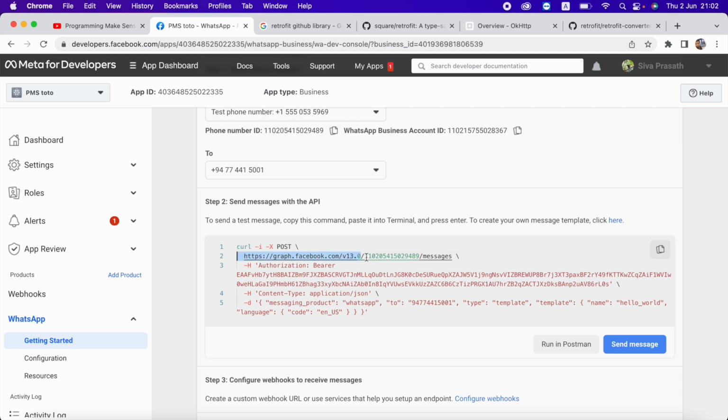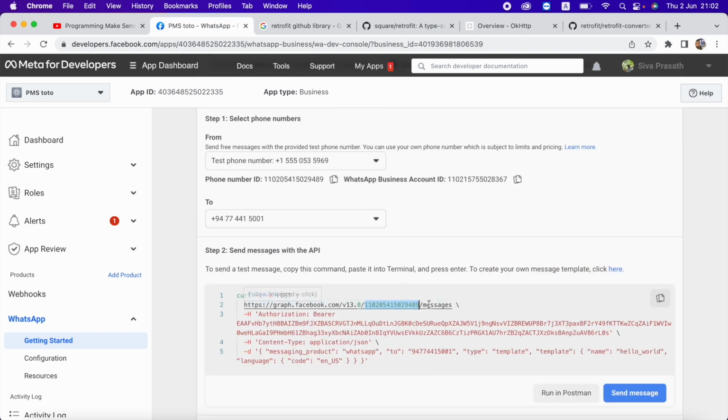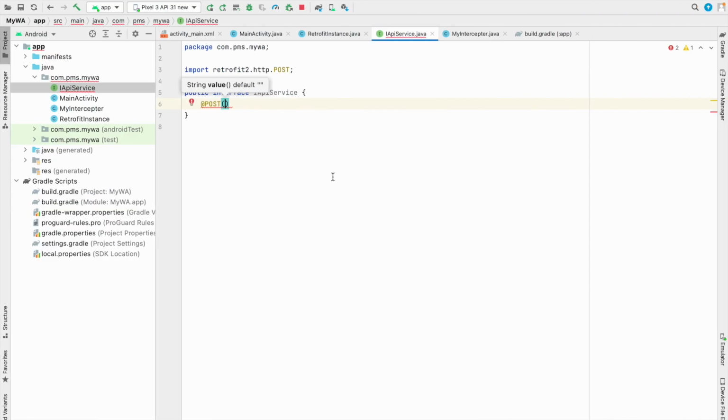After the base URL, the phone number ID, and after that the messages tag. Sometimes this might change in the future. If we integrate many apps into our single app, we have to send different numbers. For that purpose, in this POST request, I'm going to create a